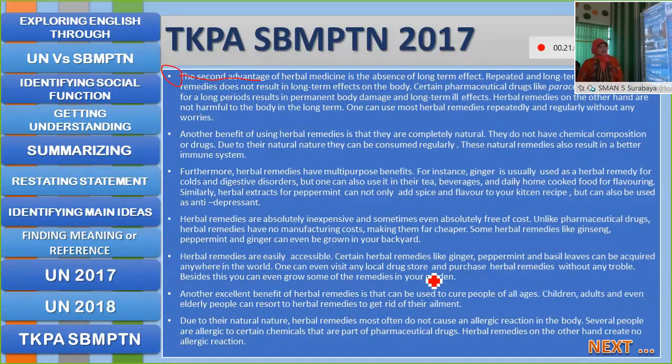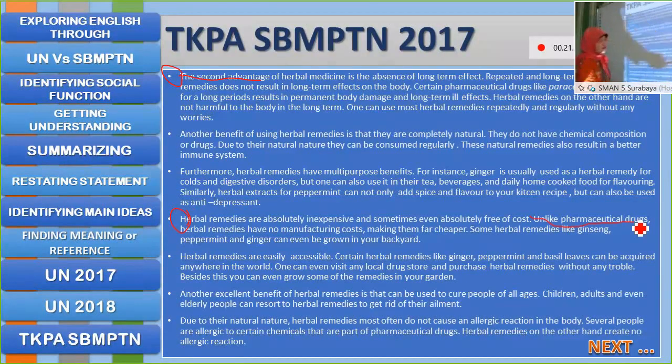When it is asking about price, maybe paragraph 4. Yeah. Herbal remedies are absolutely inexpensive and sometimes blah blah blah. Unlike pharmaceutical drugs,